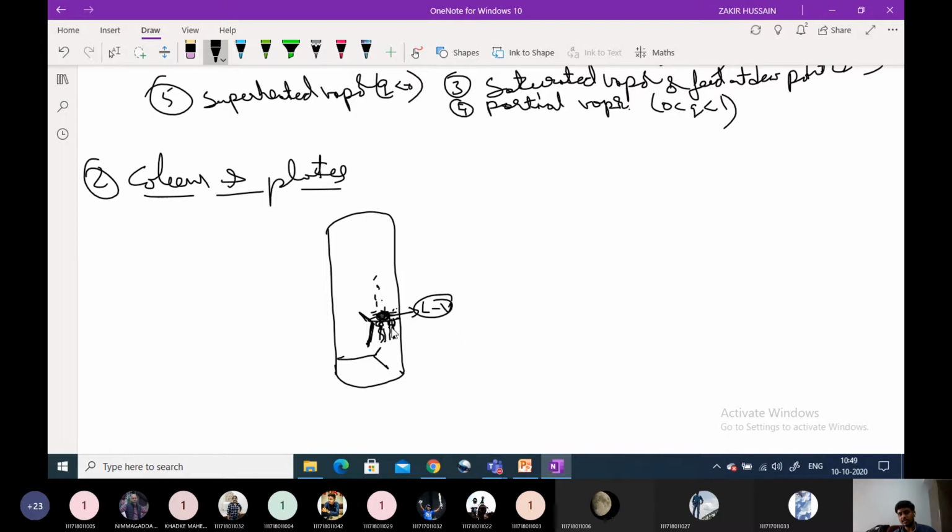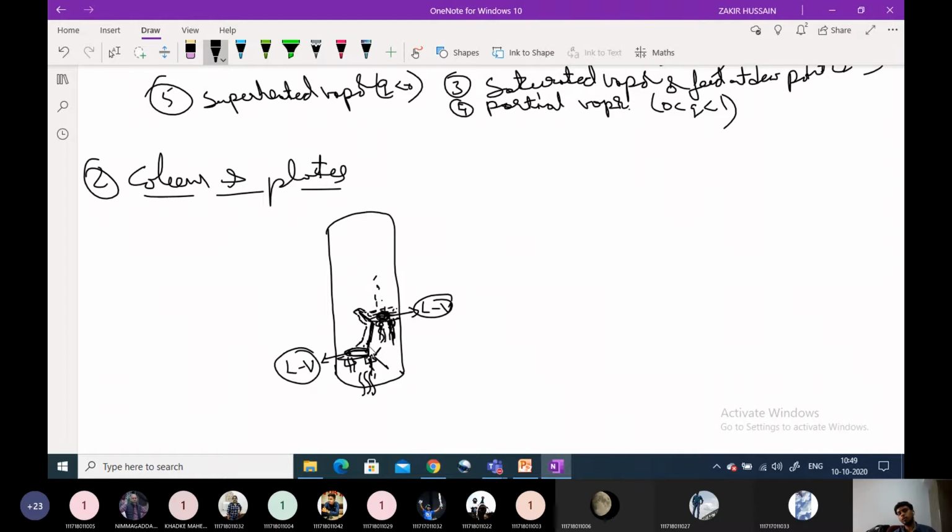But the condition is that the liquid should not flow through these perforations. The liquid has to flow through this region only, like this, and fall on the next plate. The liquid should not come through these small holes. These perforations are only for the vapors to get in contact with the liquid on the plate. Then the mass transfer takes place on the plate by vapor and liquid contact. Liquid and vapor get in contact on the plate.